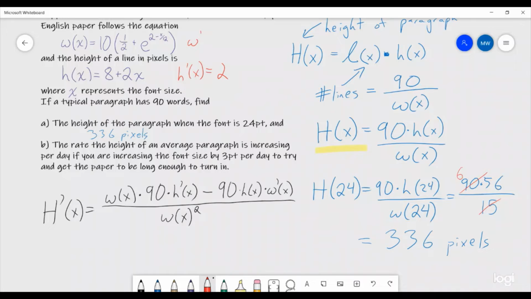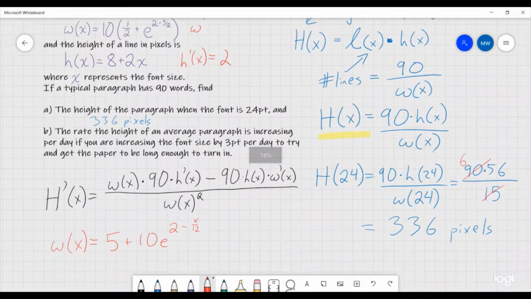Well, the derivative of this, first we might want to break up the width function into a couple pieces. We might want to say, here, let's get ourselves a little bit of room. So we got width of x, that is, let's multiply the 10 all the way through. So that's going to be 5 plus 10e to the (2 minus x) over 12. Now if we need to take the derivative of that,